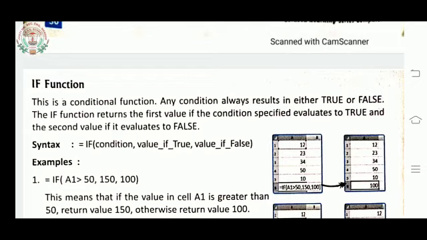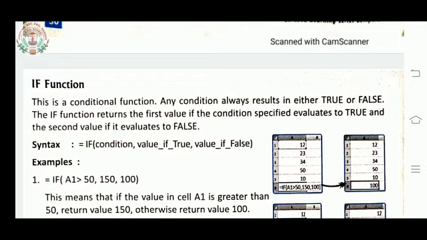So here also you start with equal, and since it is an if function, you write if in capital letters. Then the small bracket starts, and then you have to give the condition. What condition are you going to check?